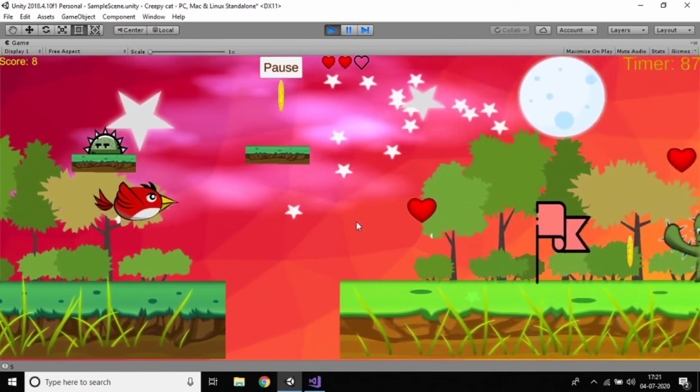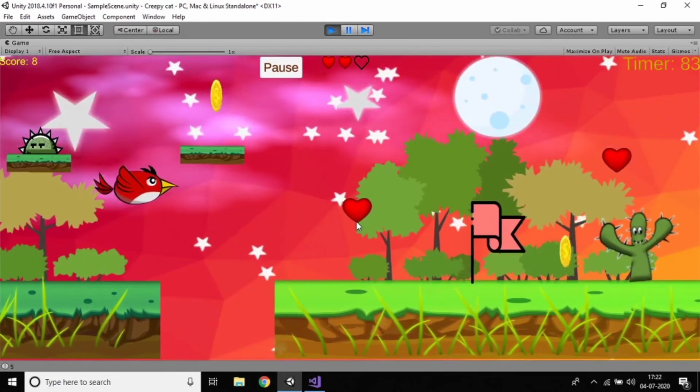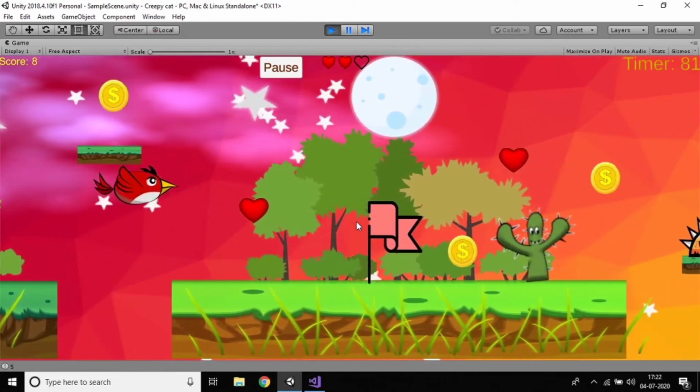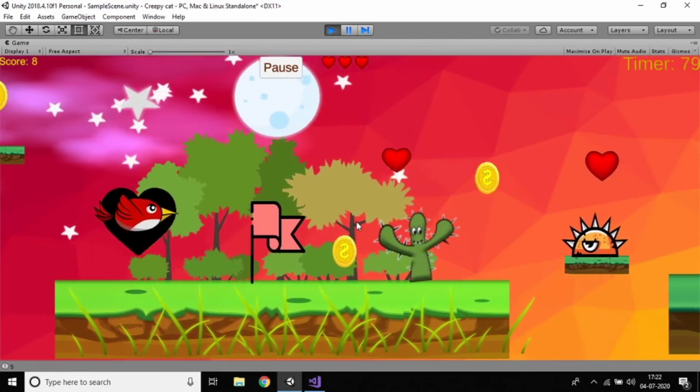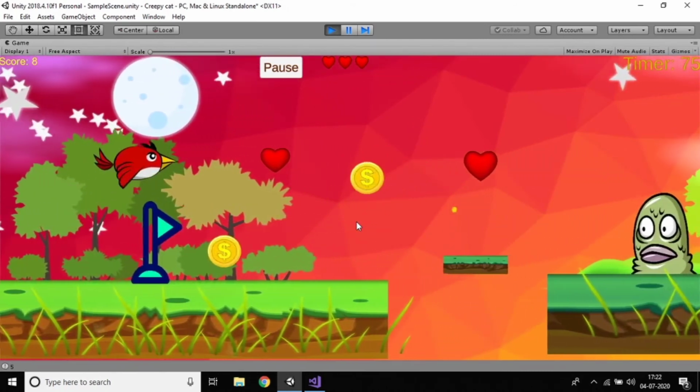I don't want to lose the heart. Because one bullet destroyed two enemies, I'll destroy all the enemies, then it's easy for me.